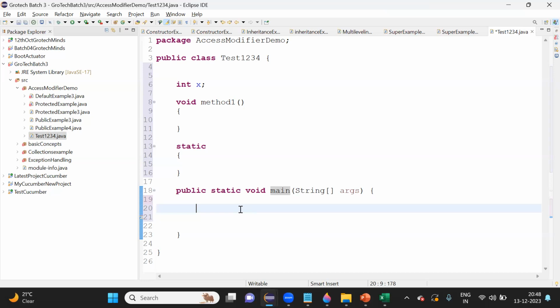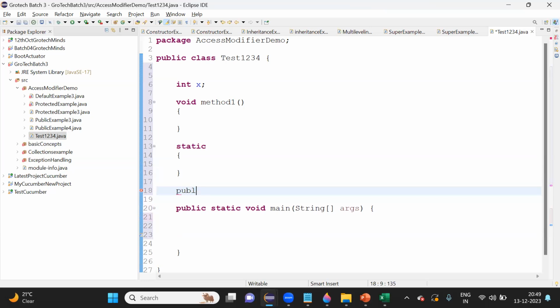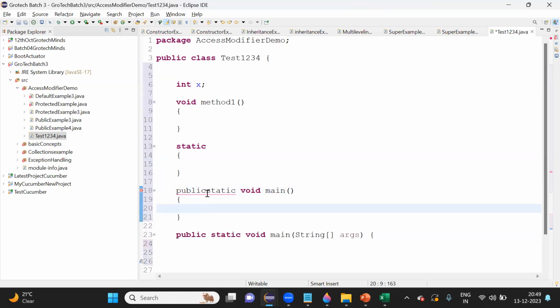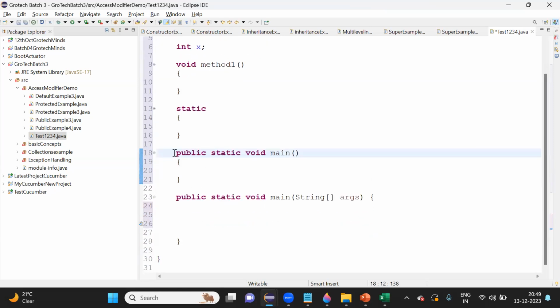So how will the Java compiler know? Suppose I have created any other main method. We can create another main method over here, right? I can write over here as public static void main. This is also fine. We can have multiple main methods over here, but how will the Java compiler know from where to